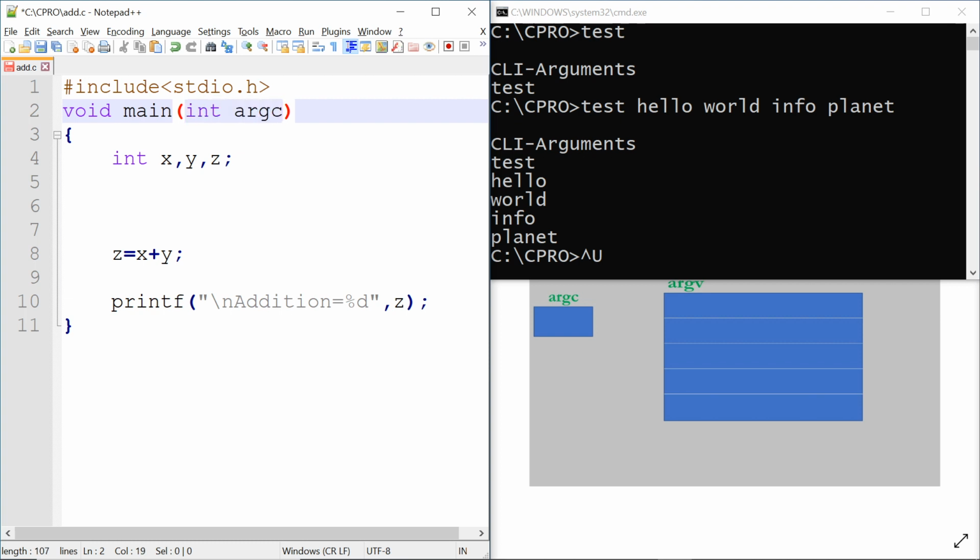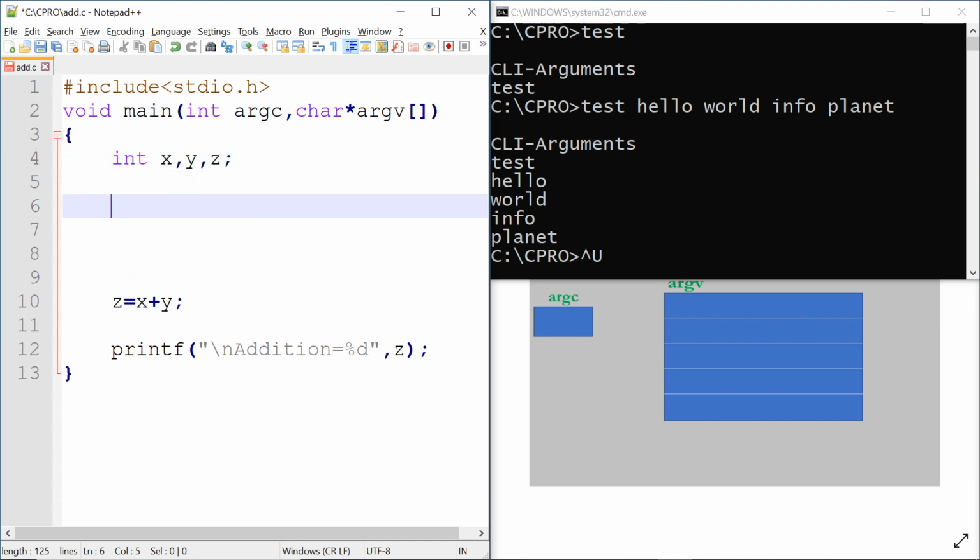First will be argc, that is the argument counter. This is the syntax that I am going to use for command line input: char star argv, an array of character pointers. If I am going to enter two numbers with the file name, the first parameter will be the file name itself.